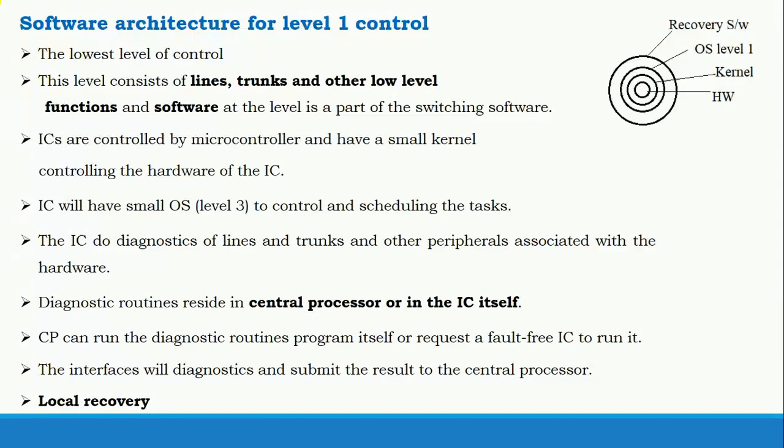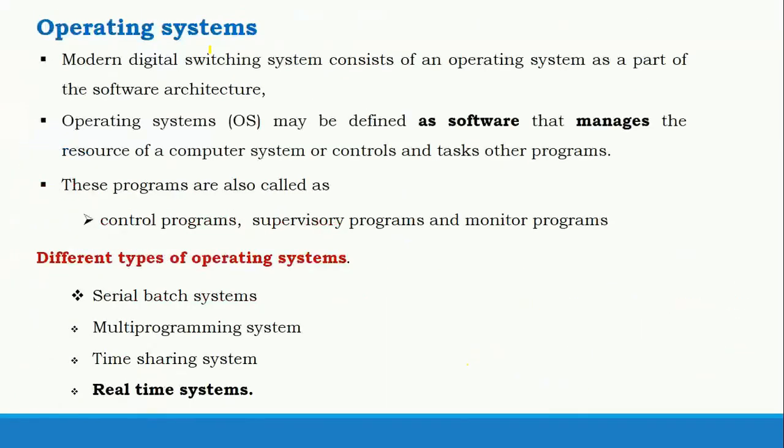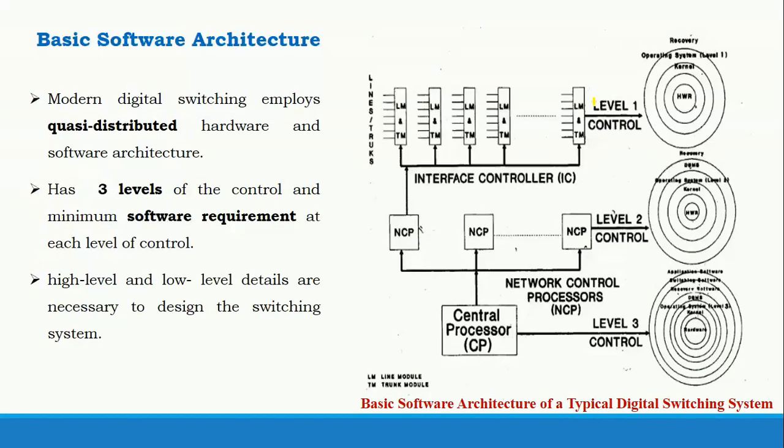And afterwards you get one separate question on software architecture for level 1 control. So let us just go back to the previous diagram. See, as I told, this is level 1 control. The subscribers are the lower level. So the first point is it is the lowest level, next to the subscriber. I hope from the diagram you can easily imagine what the components in level 1 control are. There will be line module, trunk module, and the next one is interface controller. And you'll have some hardware connected here.